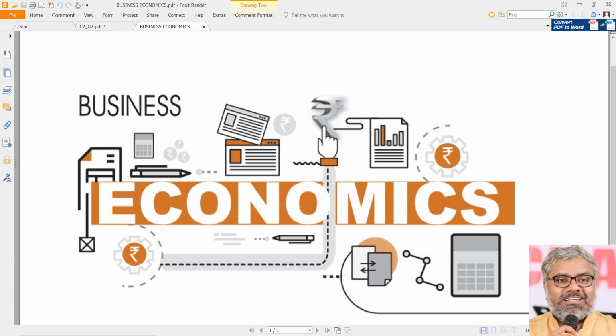On the contrary, if we think that this is something mathematics, though we are avoiding actual mathematics here, if we think that it is complicated because it is showing some x and y and some graphs, then that cannot be understood properly, and exam questions cannot be addressed properly either. So a little bit of graphic understanding is required, and that is not going to be at a higher level. It is a very basic interpretation of a two-dimensional graph. That will definitely be helpful in understanding many aspects of business economics.